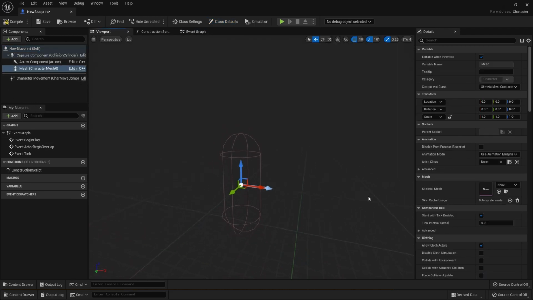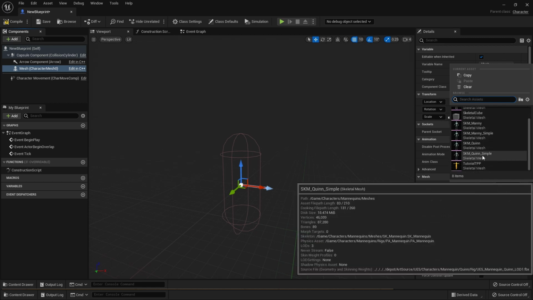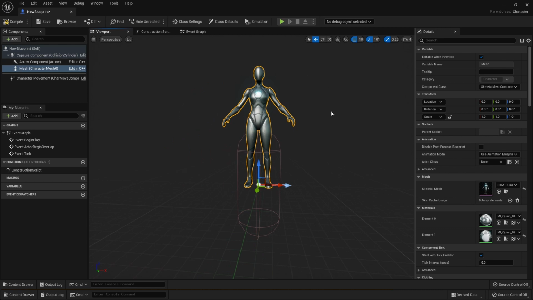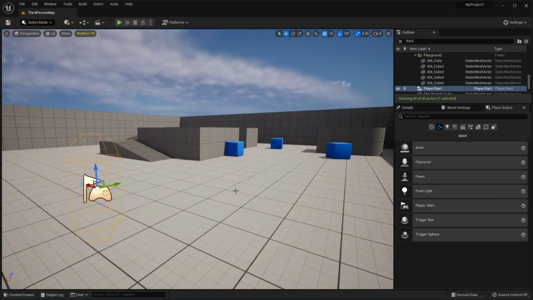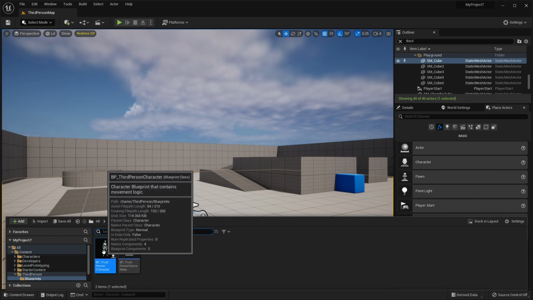One example of what was done to the BP third person character is if you click on this mesh here and then click this drop down in the skeletal mesh. If you click on SKM underscore Quinn underscore simple, now you can see that this character is the same as the one from our BP third person character, and that's because our mesh has now been set to that. And we can actually do a lot with this character here. So if we open it up by just double clicking it,